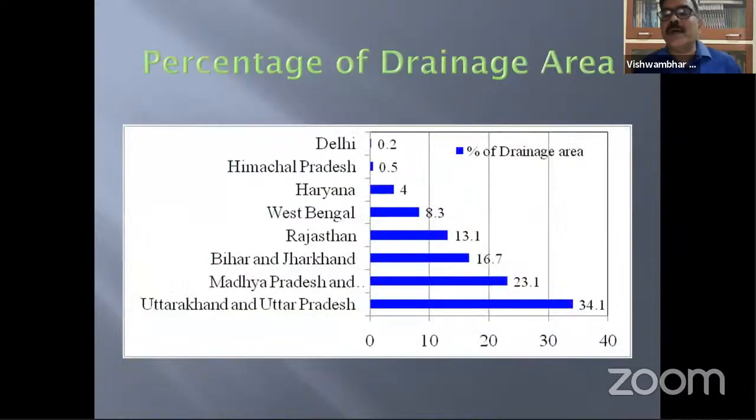So if we see the percentage of drainage area under the Ganga, it is highest in Uttarakhand and Uttar Pradesh. 34.1% of the total drainage flows between Uttarakhand and Uttar Pradesh. Madhya Pradesh and Chhattisgarh has 23.1% drainage area. Bihar and Jharkhand has 16.7% drainage area. Rajasthan 13%, West Bengal 8.3%, and then Haryana a very small portion, and Himachal also 0.5%,